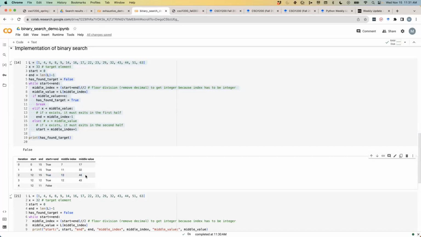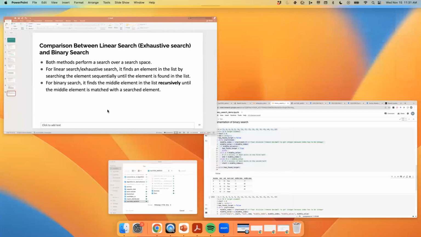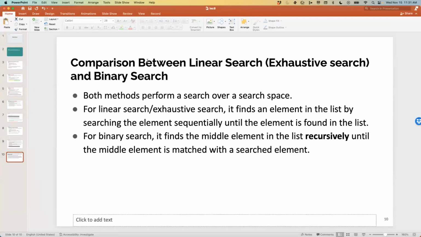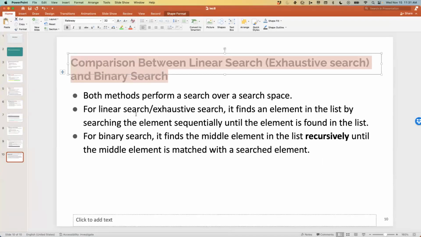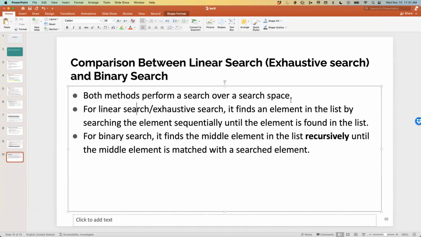Okay. And that's all for today. And before we leave, I need to do a very quick recap or summary comparison between exhaustive search and binary search. Both methods perform a search over a search space. Okay. For linear search or exhaustive search, you find an element in the list by searching the elements sequentially, one after another, until the element is found in the list, or until at the end of the list you didn't find any, you